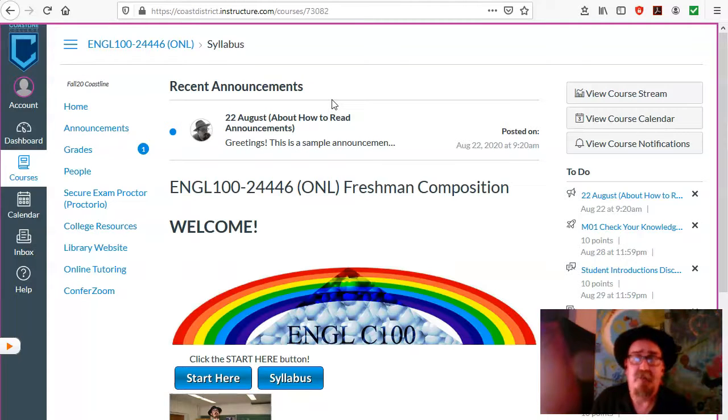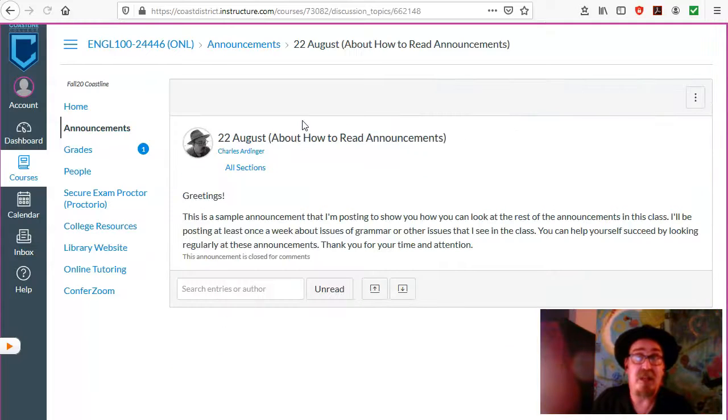To do that, you can simply put your cursor over the title of the announcement, and in my class they're always in this form, a date and some kind of explanation of what the announcement's going to be about, and then you can click on that title, and then you will see a page that carries the announcement. Again, I think that it will be in your best interest to look at these announcements as regularly as you can and pay attention to what's in them. You might find it interesting, and I certainly hope you'll find it educational.